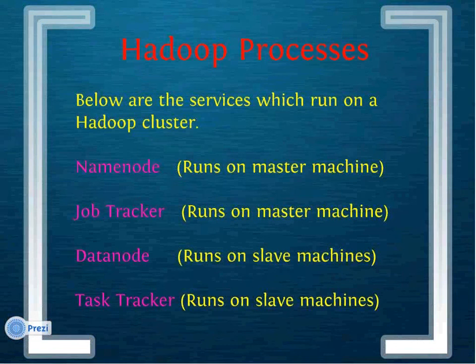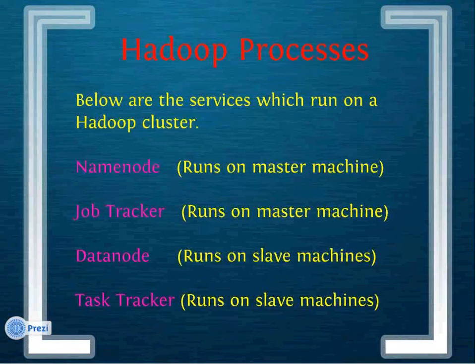You may be thinking that previously I was telling that the name of the master machine is name node, and now I am saying that name node is a service. So name node is a service only, but as it is running on master machine, that's why your master machine is also known as name node. Anyways, name node is a service, a process which runs on master machine and it is handling the storage part